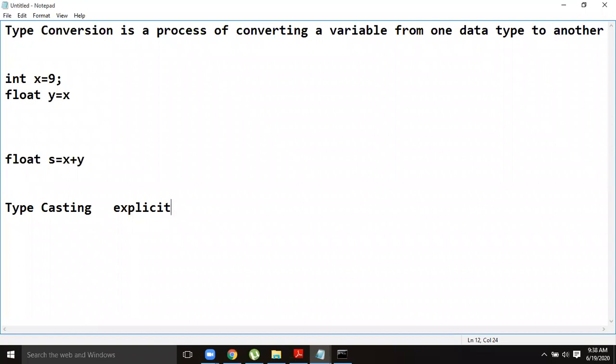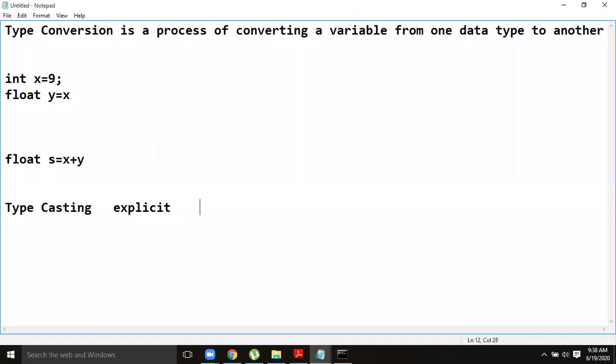Suppose you are calculating the average of student marks. In general, the sum is available as an integer. You want to convert the integer sum into the average, so what formula do you use? Sum divided by 6.